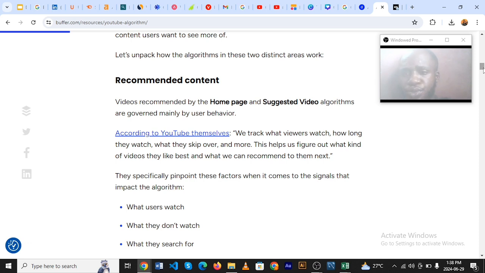But something you should know: advertisers are very critical. Somebody can have 10 million views on a video and get paid $2,000. Somebody can have 50K views on a particular video and get paid $5,000. So sometimes it's not based on views, but it's based on the audience that view your content.